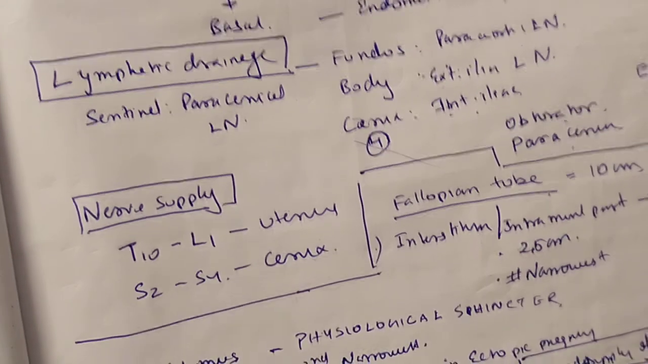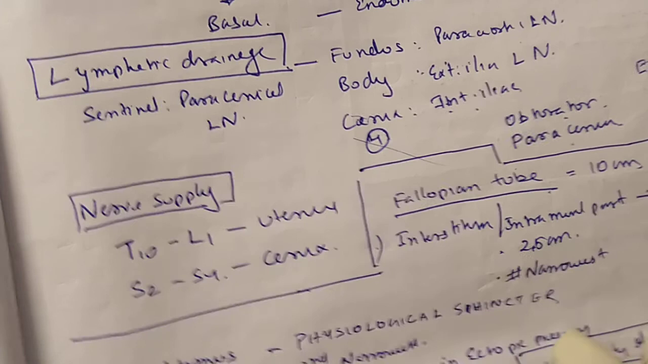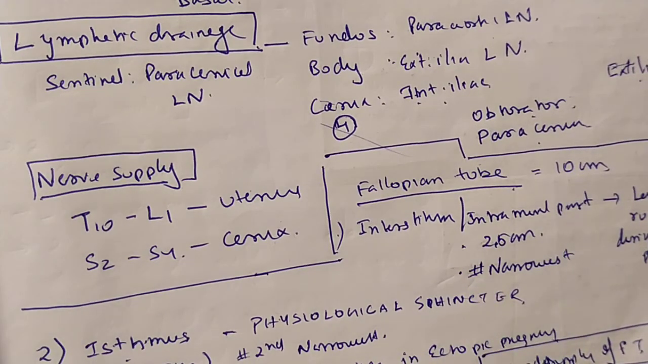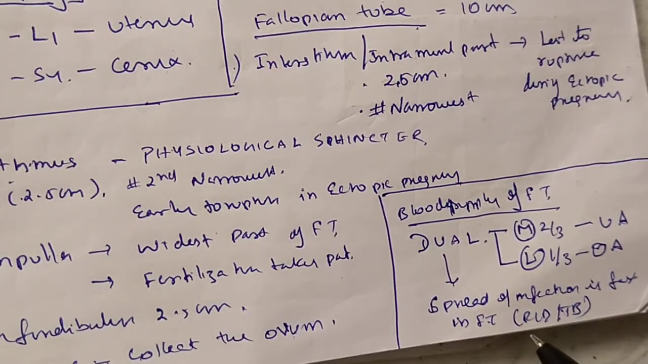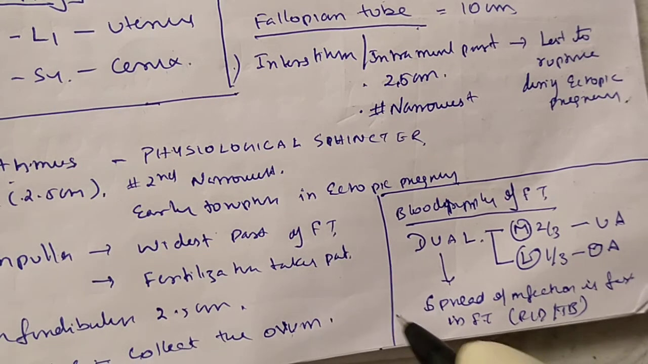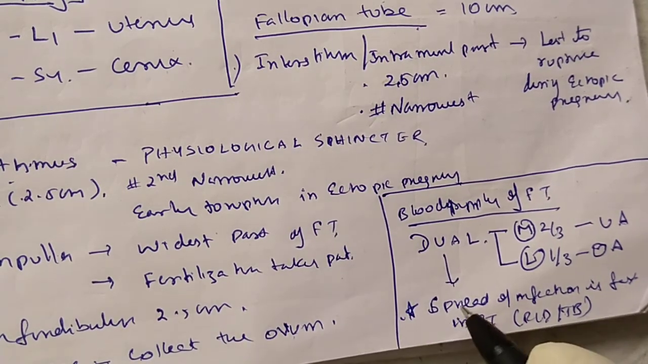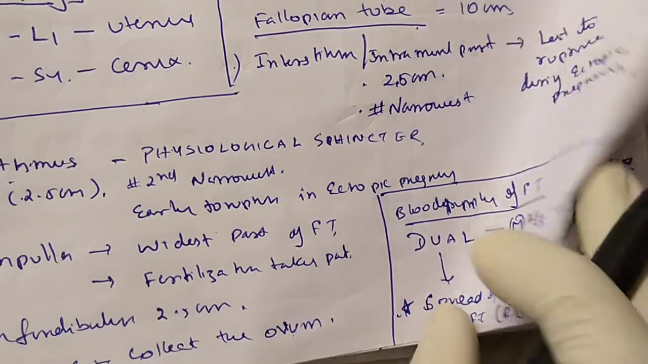Then we later came on to the fallopian tube. We spoke about all the parts of the fallopian tube and the blood supply. Then we spoke about the dual blood supply, its importance, and whether it is a drawback or an advantage. So it was a drawback, as we spoke in the last class. So now we'll talk about